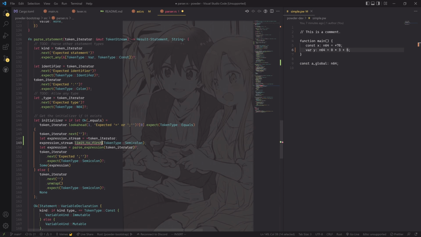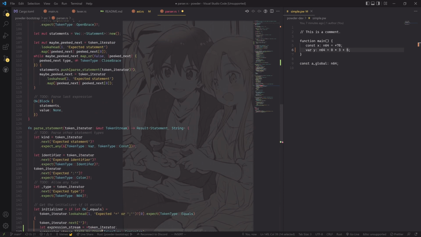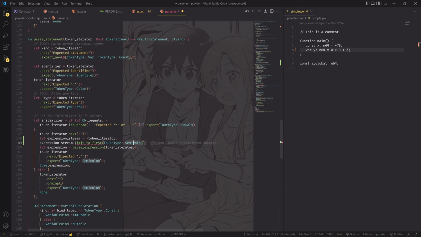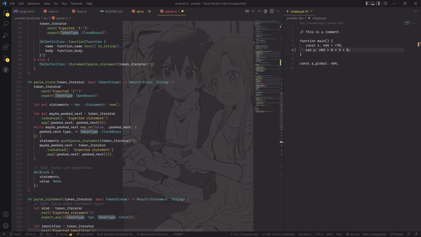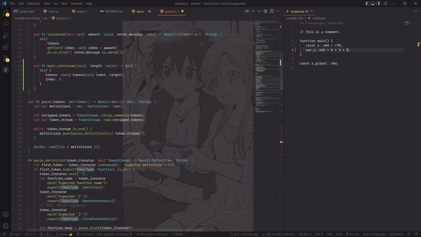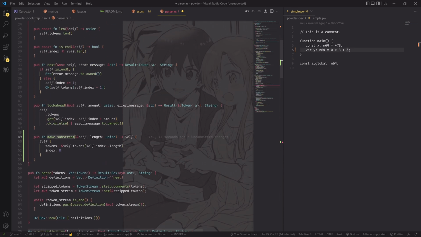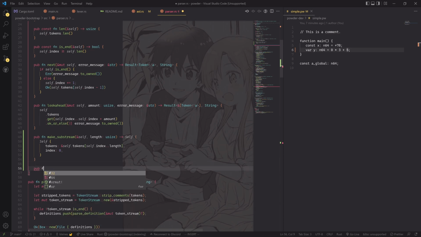But what that would do internally is look for the first semicolon, or the first type back here, in that case a semicolon, and then change the length in such a way that that's the exclusively last element. So that element is not even in the thing anymore. So let's limit to first